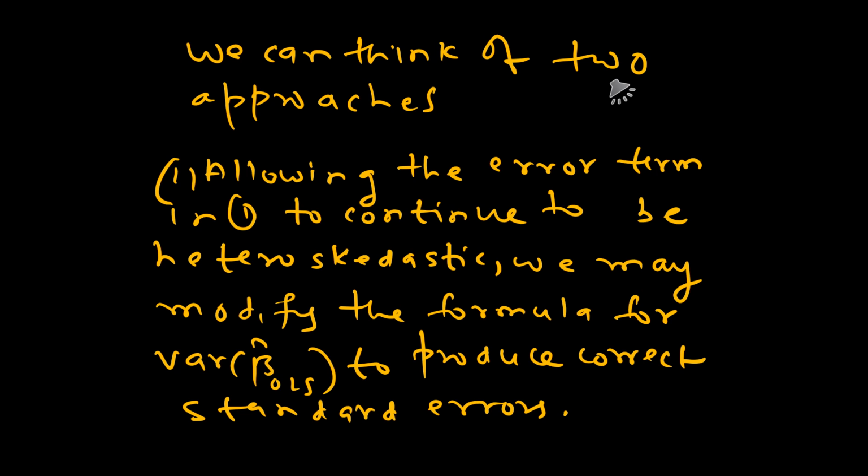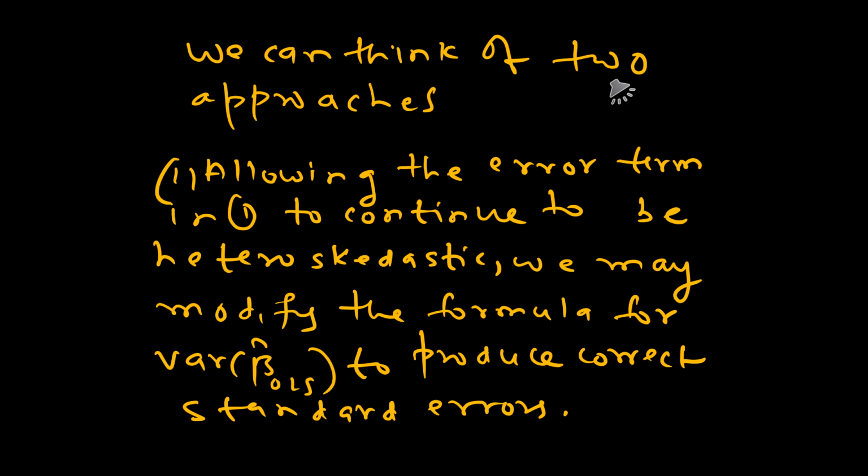In the first approach, we allow the error term in equation 1 to continue to be heteroskedastic in the sense that the variances of all the individual error terms are not identical, and then we can modify the formula for the variance of beta hat to accommodate this feature, which will give us the standard errors which are consistent with heteroskedasticity, which are also referred to